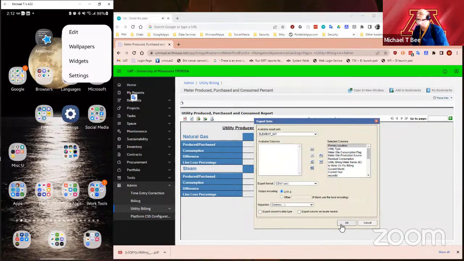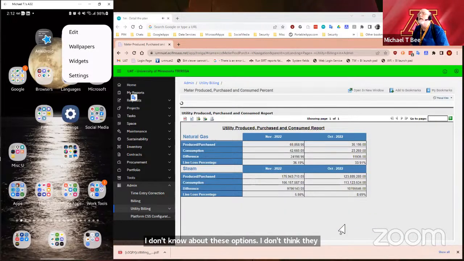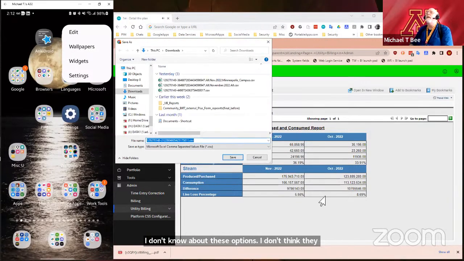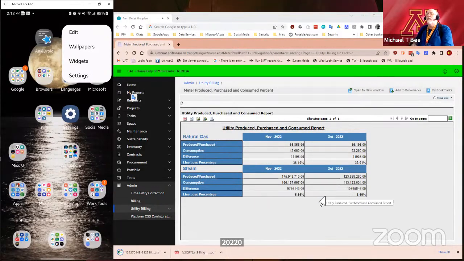I don't think they apply. And I just append those same run parameters, all November 2022, all. And when I open that data,